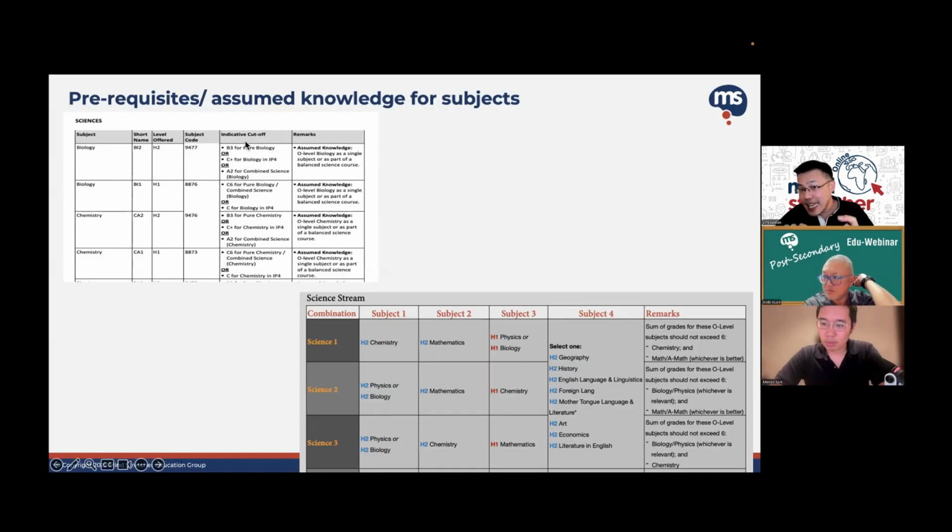Cutoff is essentially that last score, right? The minimum score required of a student to enter. That's how they look at it in terms of the indicative cutoff. Usually, this is the case whereby there are certain combinations or certain courses that are very popular, lah, right? So that's the thing to note.